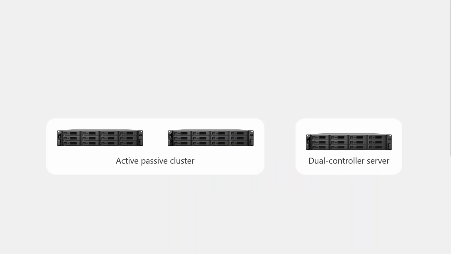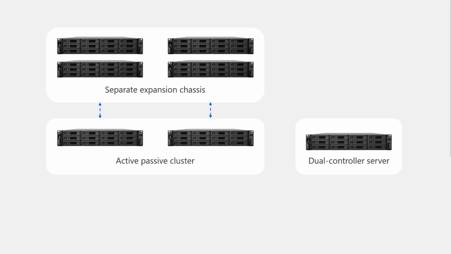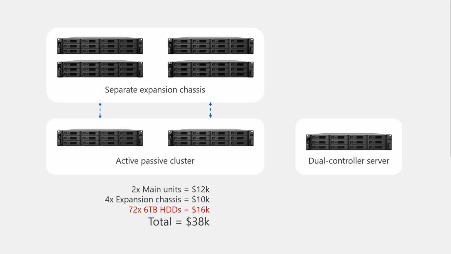So what is the benefit of these dual controller setups? Let's compare high availability with a traditional 2 NAS cluster to our dual controller models. Right away, you're already paying for 2 NAS instead of 1. If you need to add more storage through expansion units, you also have to double the amount of expansion units in our traditional setup. Then when you consider the cost of the drives on top of that, you've now doubled your drive cost as well. So you can see this starts to quickly add up, and the cost of the drives can actually be one of the most expensive things in a deployment like this.